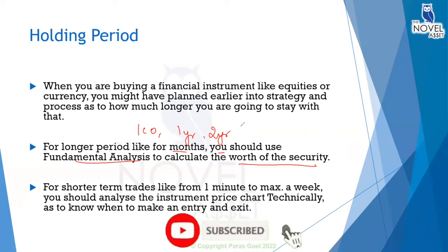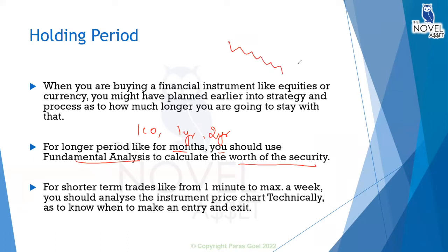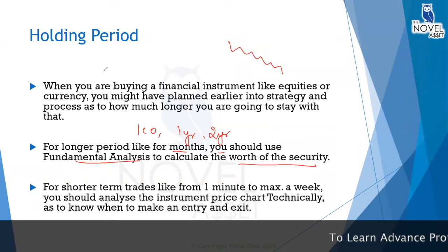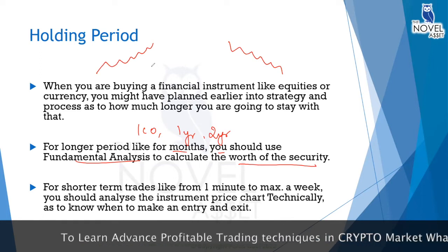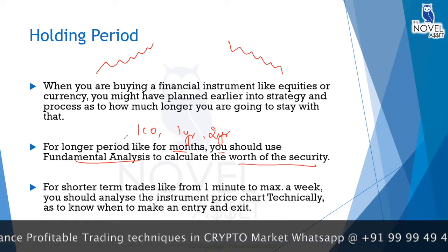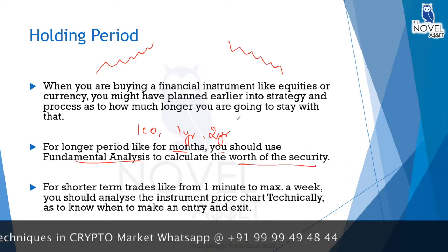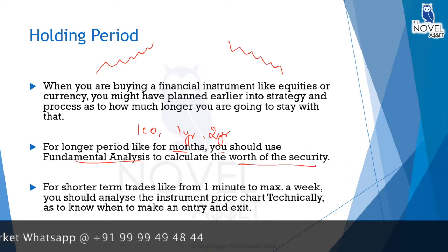Right now, the fundamentals of the securities in cryptocurrency are not very strong. And that is why the returns were decreasing all over the world, not just in India. But the fundamentals of other securities like the dollar, like the Indian stock market, were increasing on a regular basis, because their fundamentals were strong. So when you are looking at months or years, you should always know more about the fundamentals.